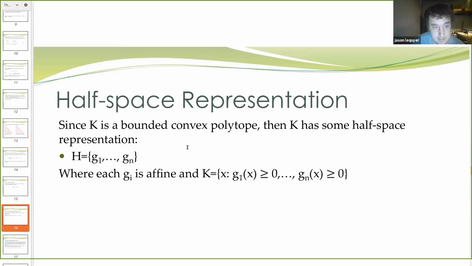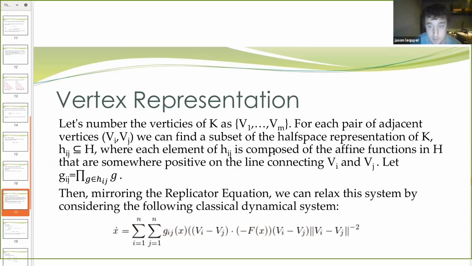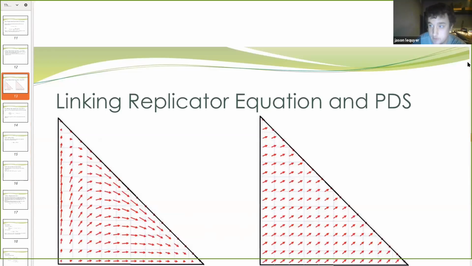And so K has some half space representation, where the g_i are affine functions that define the planes we're working with, and it has a vertex representation. We can number the vertices, and for each pair of adjacent vertices, we can find a subset of this half space representation of K, where each element H_ij is composed of the functions that are somewhere positive on the line connecting i and j. So in other words,